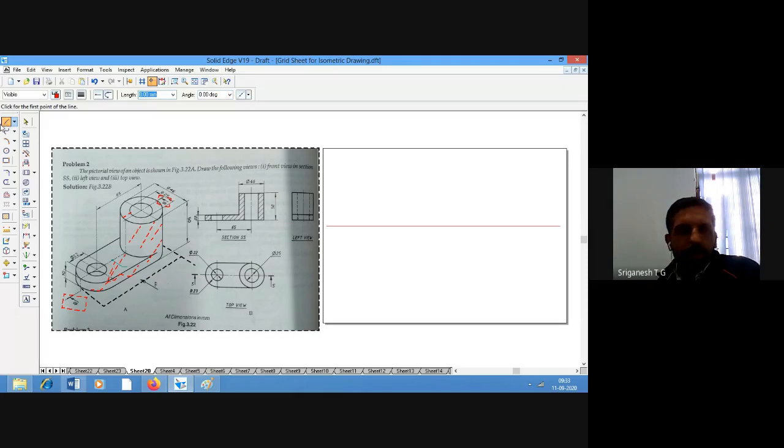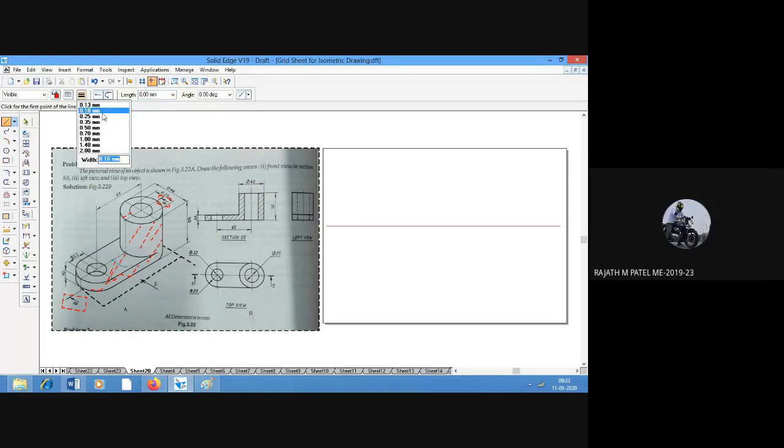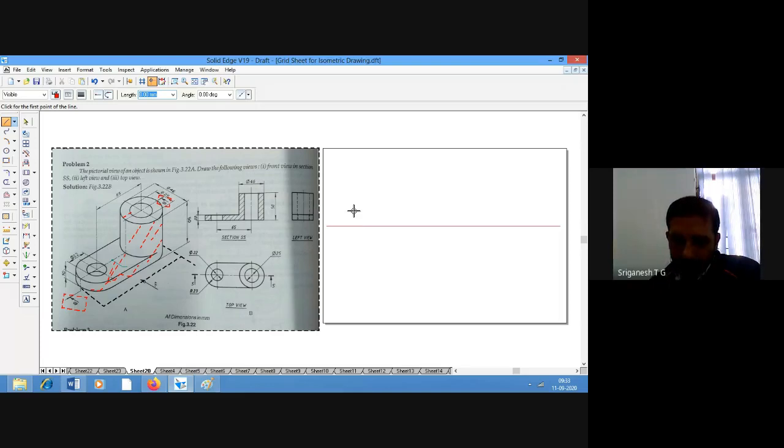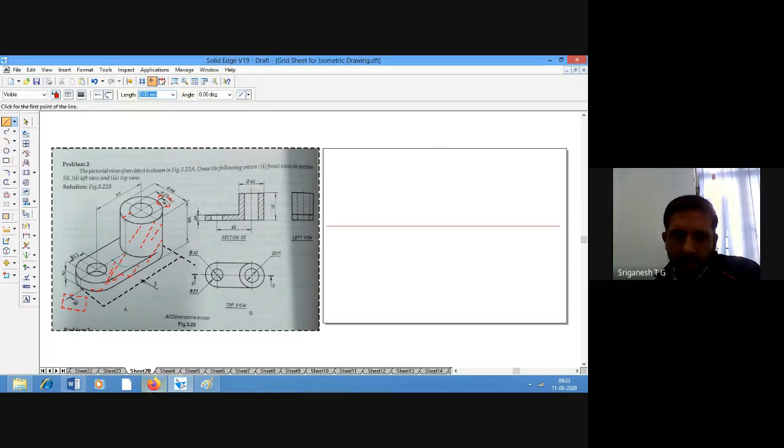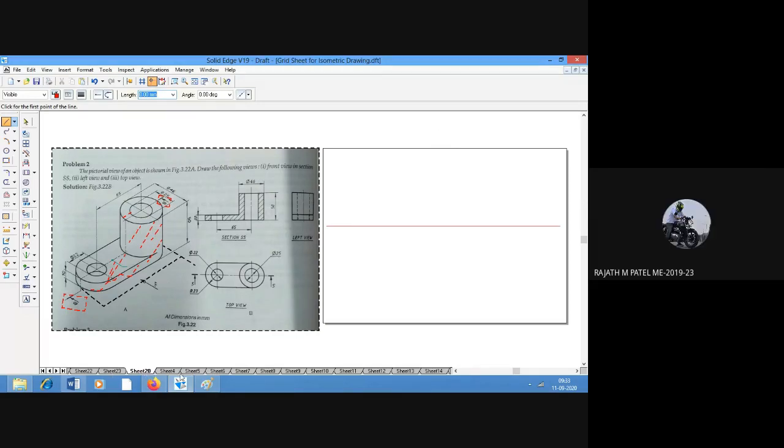So we have a length. Sir, I have a small doubt, like the homework which you had given us. In that there was a circle whose diameter was 12 mm, sir. Which problem? You had done it in class only, sir.